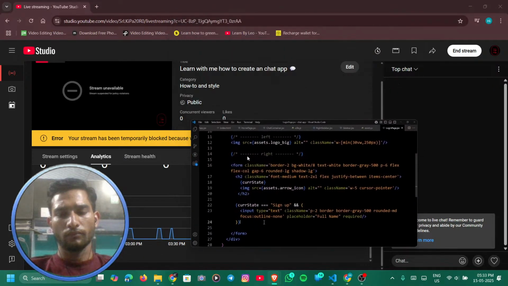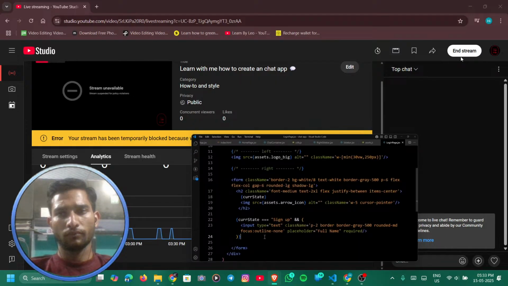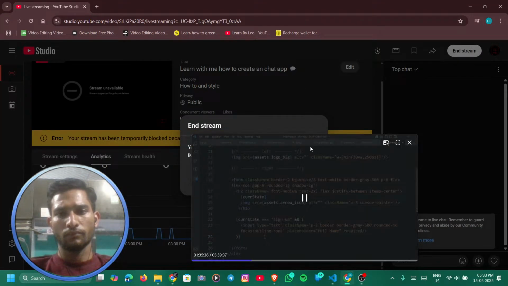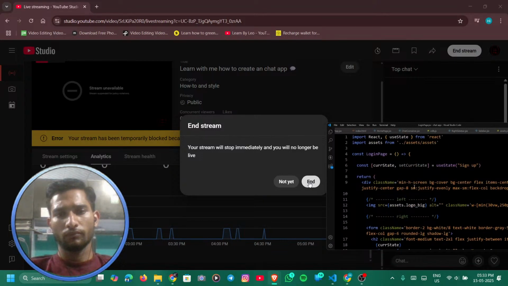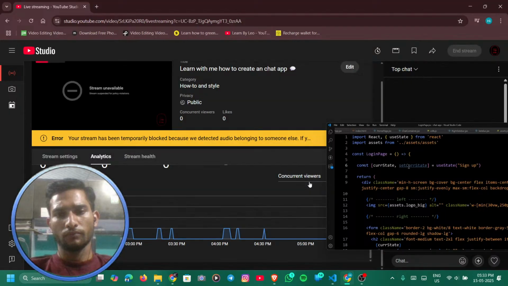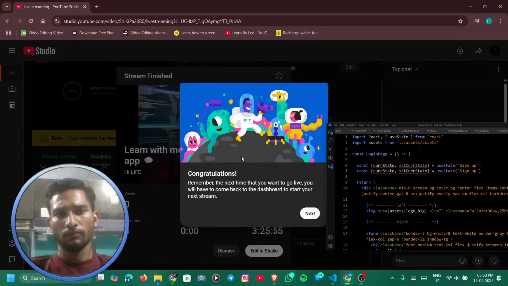Now we will store the input field data in a state variable. We will store the full name, email ID, password, and we will store the bio text. So we will create the state variables for these data. So here, after creating this state variable, let me duplicate this, and here we will add another state variable, that is